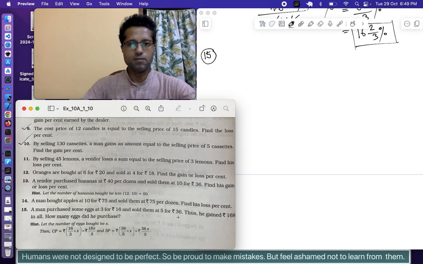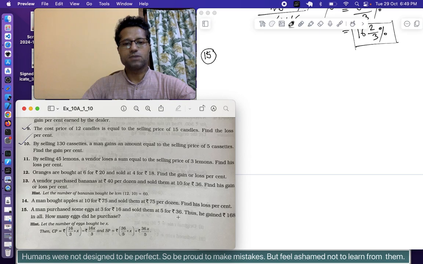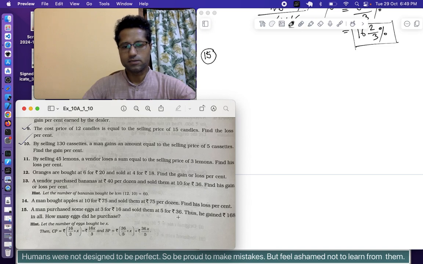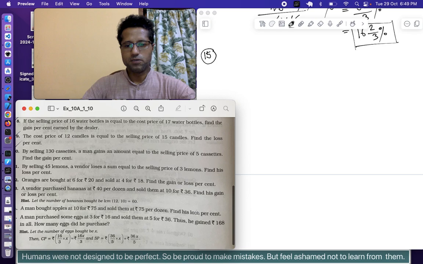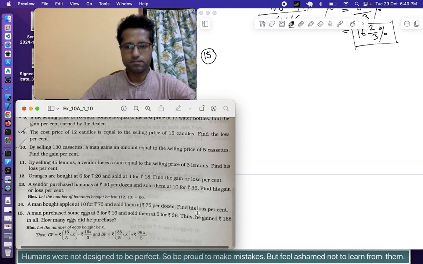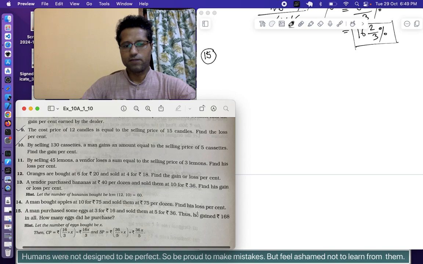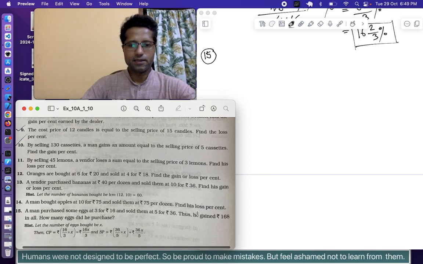Okay, so this is a little bit different problem. A man purchased some eggs at 3 for rupees 16 and sold them, meaning the same number of eggs, at 5 for rupees 36. Thus he gained rupees 168 in total. That is, whatever the number of eggs purchased, if that was X, then in that transaction, that is buying that X number of eggs,